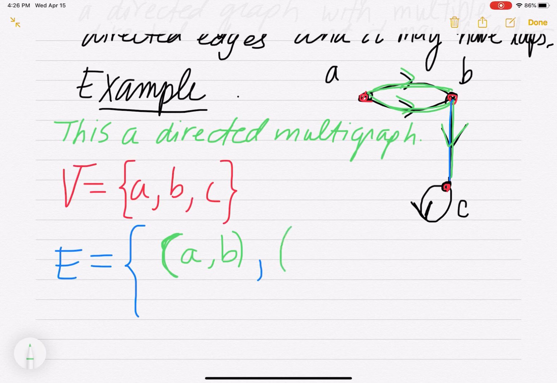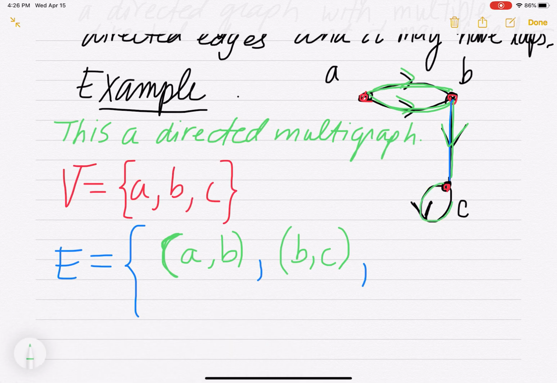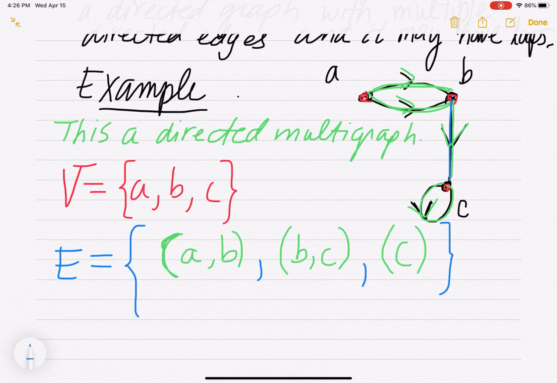BC, that's another edge. And then you have C goes to itself, right? It just loops around. So we'll just put parentheses around C like that. You could write CC, but no point in doing that. All right, so now, because we have that repeated edge, this AB right here is repeated, we have